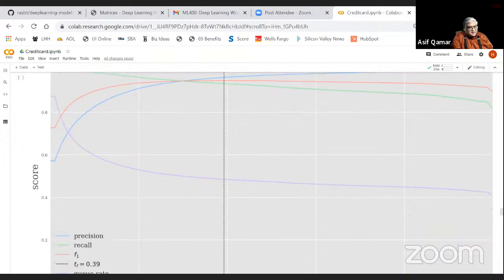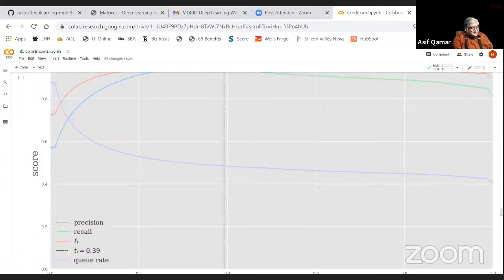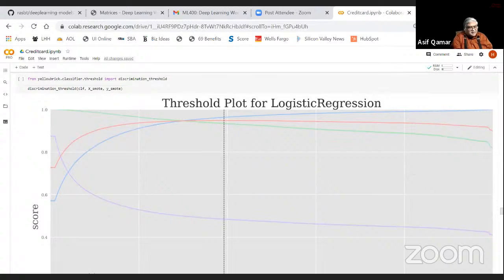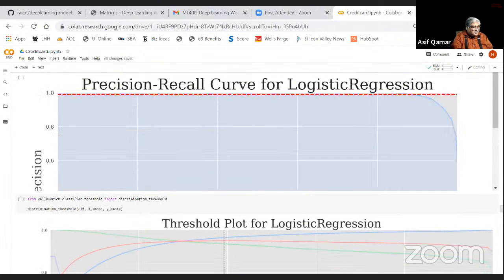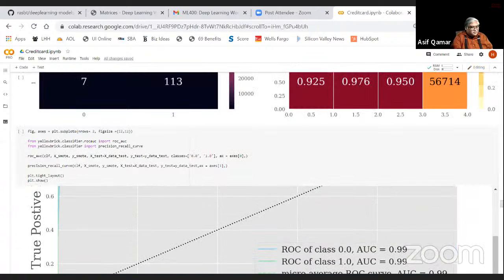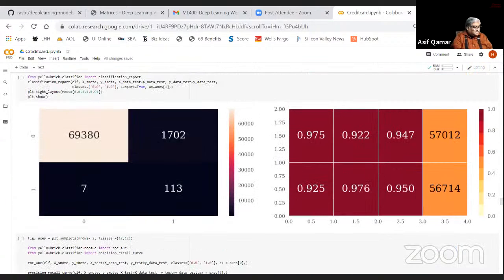So the basic message in these situations is that some of these curves begin to lose some of their interpretability or validity. The best way to look at it is directly staring at the confusion matrix. If you look at the confusion matrix, you notice that you're still producing a lot of false positives and false negatives. Type 1, type 2 errors are significant, right? So in this particular case, you miss about 7 cases out of approximately 120 cases,